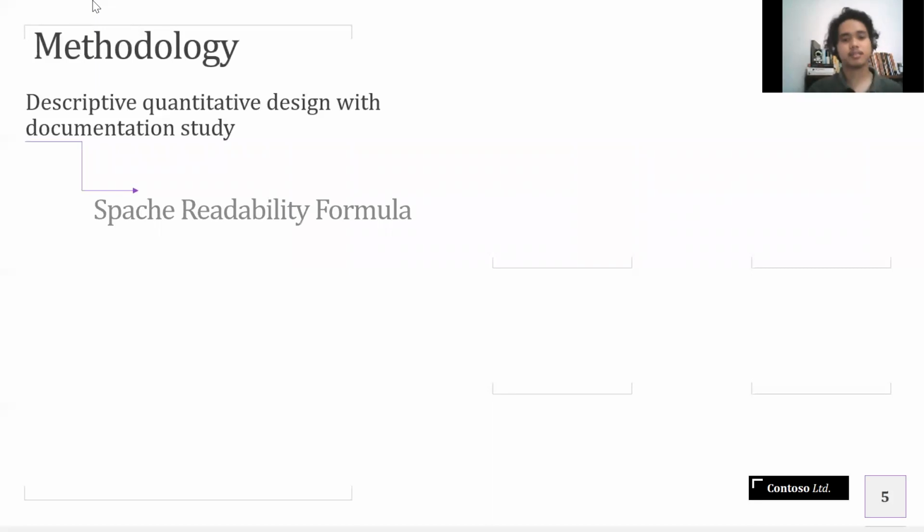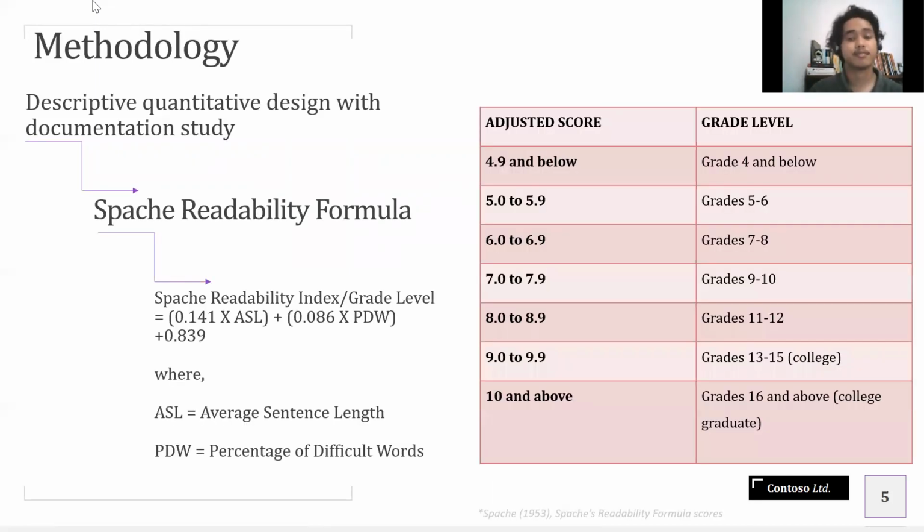Next, the method. So this research will use a descriptive quantitative design. I will use this method because according to Gay and Arizian in 2000, the descriptive quantitative method is useful to investigate the level of readability. And on this research, there will be no participants because I will only use the textbooks written by Widianti entitled Bahasa Inggris for third grade of elementary school as the subject.